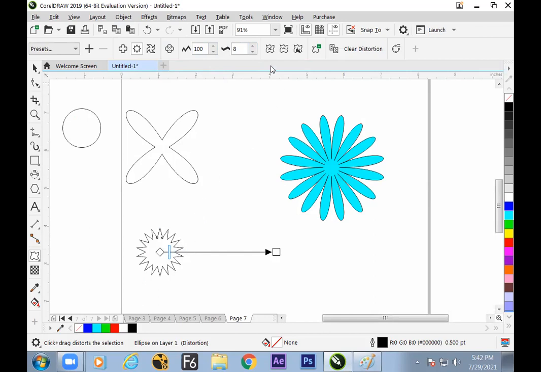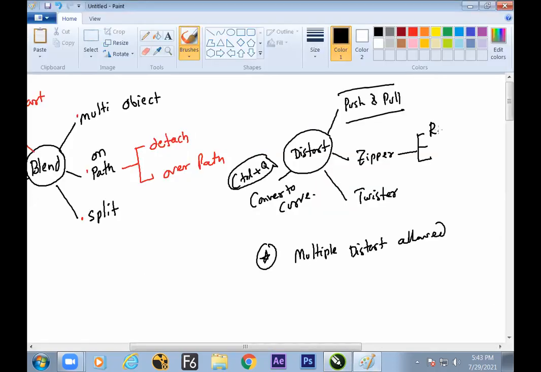Fine. Next here, again, three options are there for Zipper: Randomize, Smooth, and Localize. Zipper always gives you a very sharp edge, whereas push and pull will give you a flower-like structure. So hope we have understood the difference between them. But everybody is making the shape change only. Now we'll go for Smooth, Localize and Randomize.